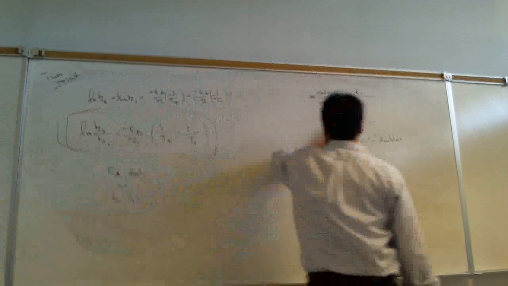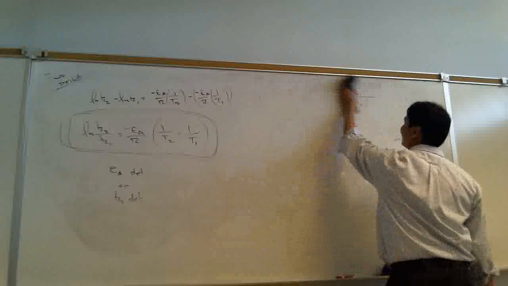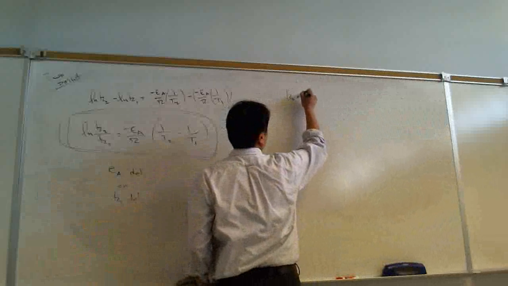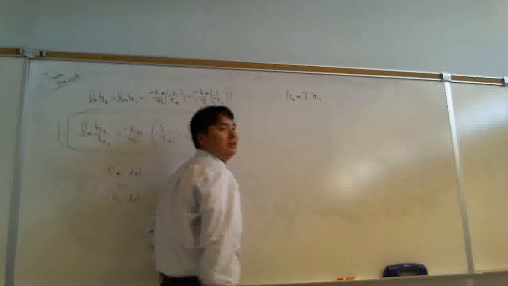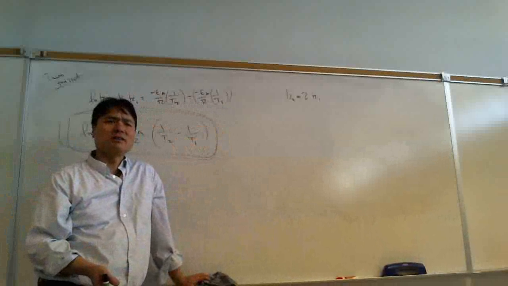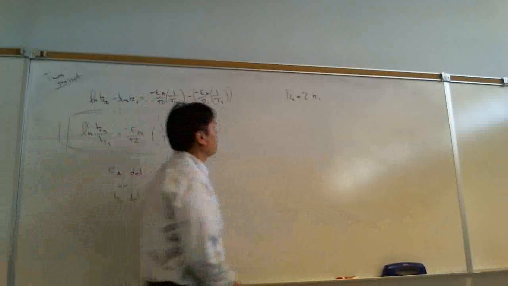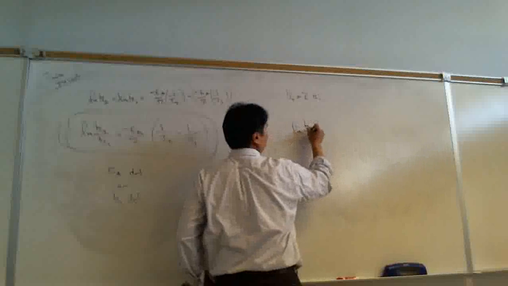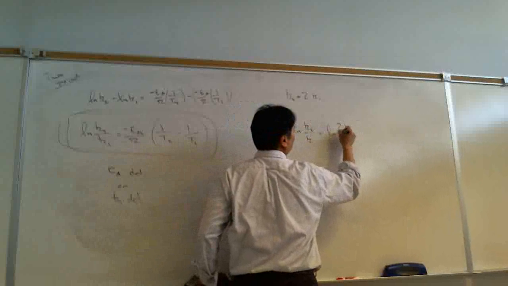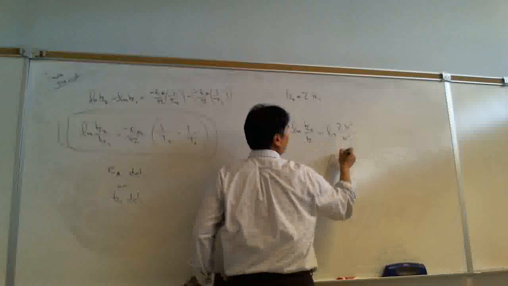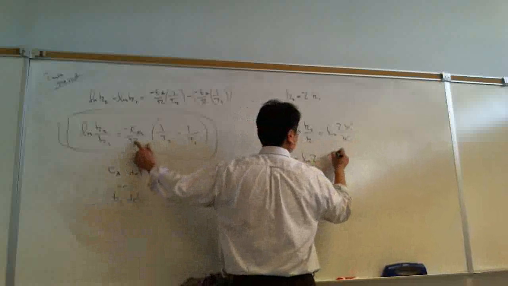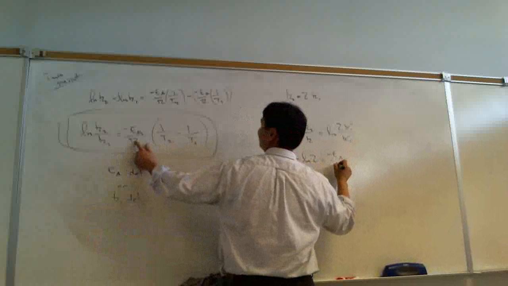Well, actually, let's do it. We don't have much time left. That means K2 must be 2 times K1. The rate of 2, given the same concentrations, must be twice as fast. Does it make sense? And therefore, if we have ln of K2 over K1, this is going to equal ln of 2 times K1 over K1. And so K1 cancels, which gives us ln of 2, which is equal to minus EA over R